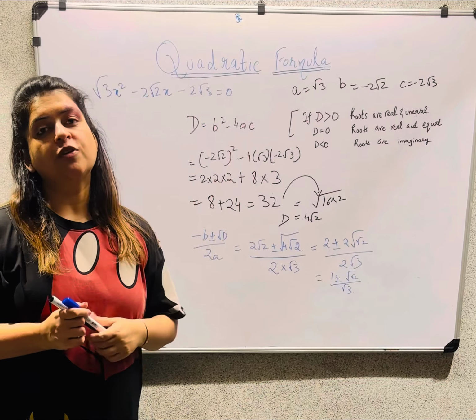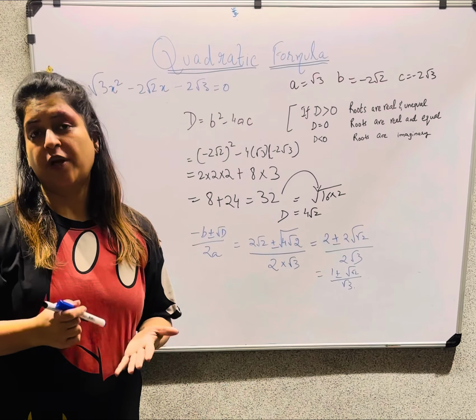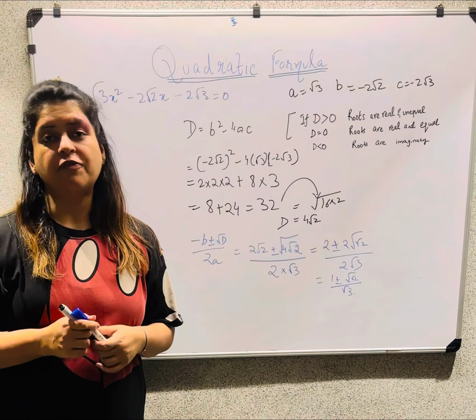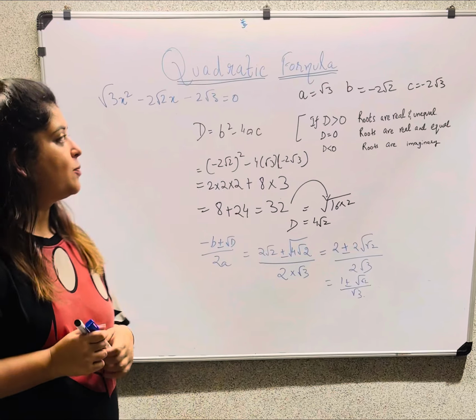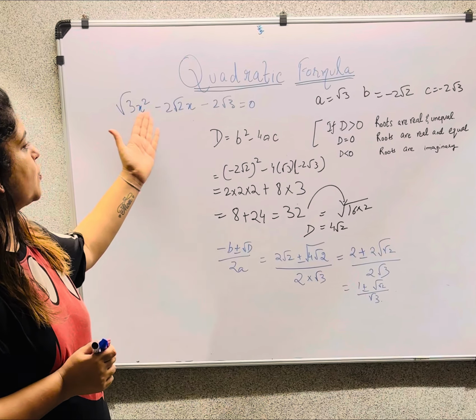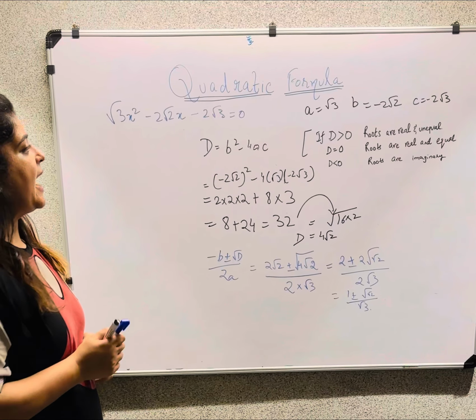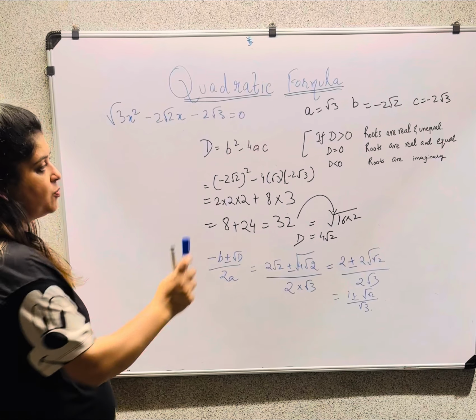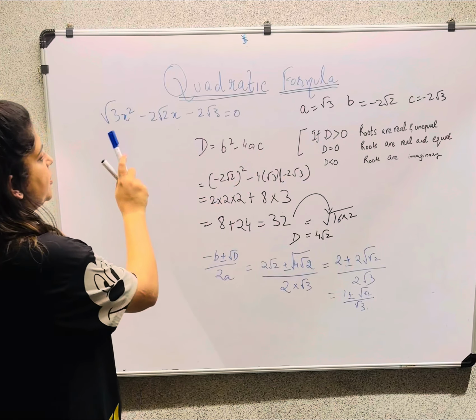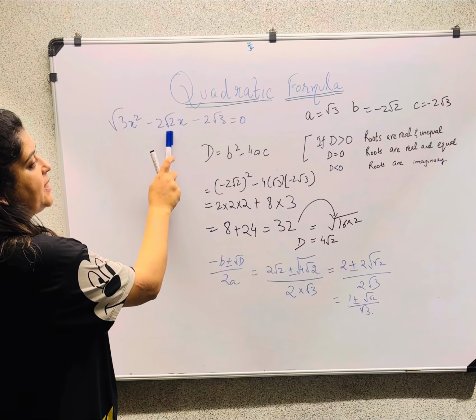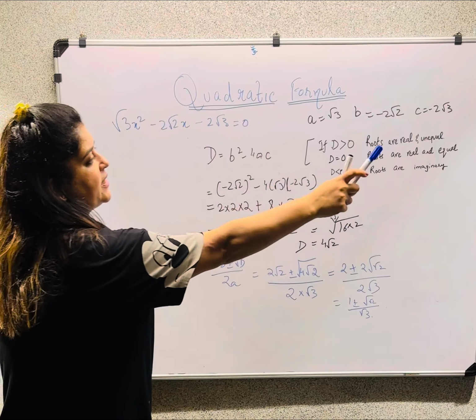Today another question for quadratic formula which has square roots, and a lot of kids face a challenge in this. So my question over here is root 3x squared minus 2 root 2x minus 2 root 3 is equal to 0. As told in the last lesson, we first write the value for a. Over here it is root 3, my b is minus 2 root 2 and my c is minus 2 root